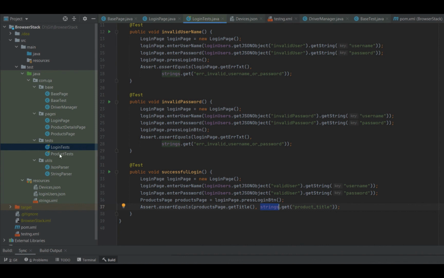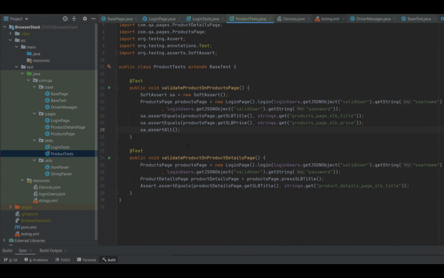And if I go to the product test class, then I have two test cases over here. I have followed most of the industry practices while creating this framework, and you can use it as is in your project. And then you can do further modifications based on your requirements.